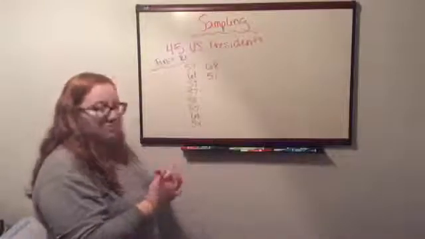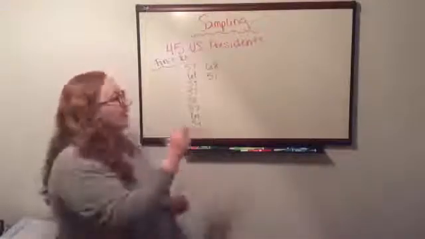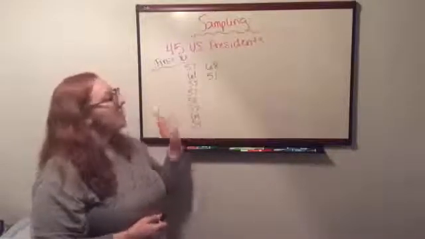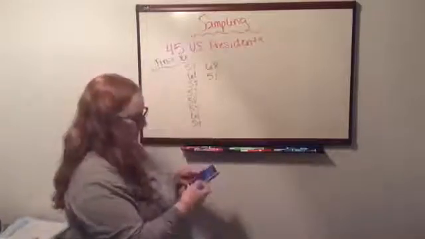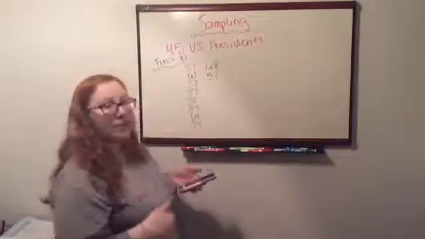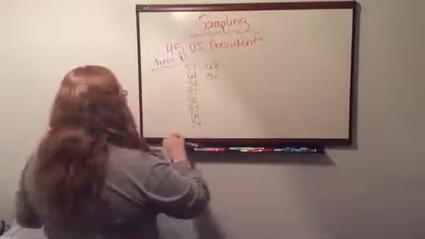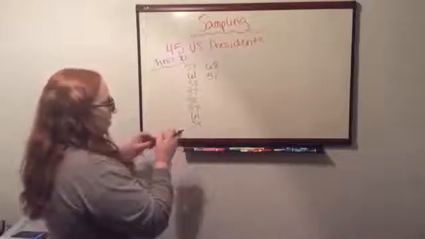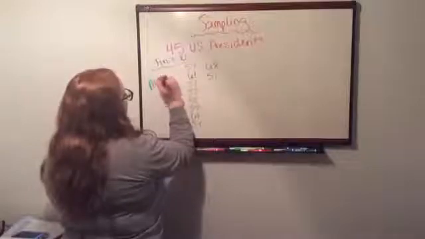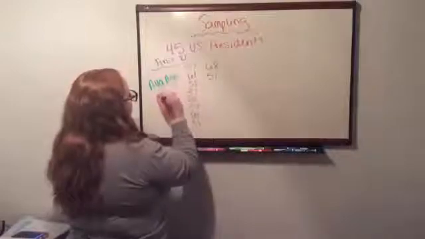So now let's see what the average of that is. What is the mean? If you don't remember how to find the mean, you're just adding up all the numbers and dividing by how many numbers there are. So in this case, you'll add all these up and divide by 10. When you add them all up, you get 581. When you divide it by 10, you get just a little over 58. So we'll round it down to 58 years old. So we're going to say that the average age, you can also call it the mean, average age is 58.